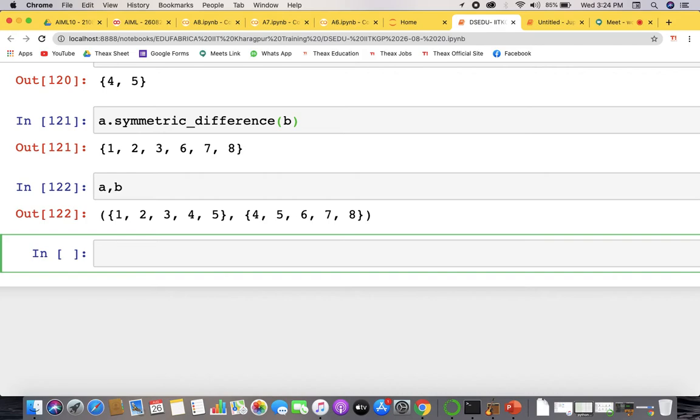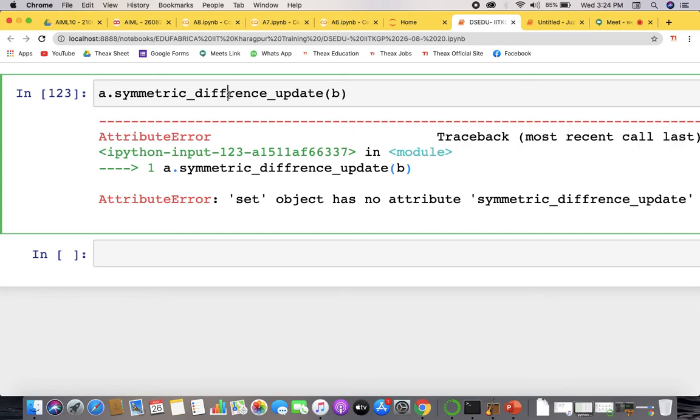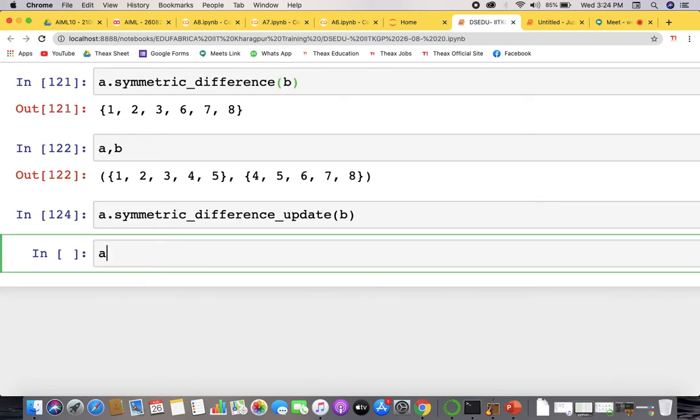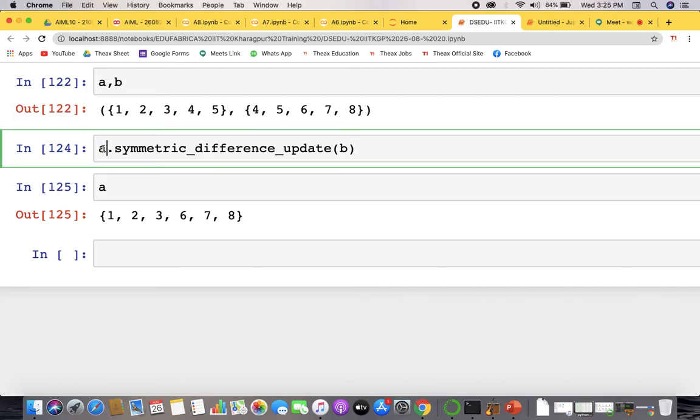But if you use methods like A dot symmetric difference update, now if you see A, it will be 1, 2, 3, 6, 7, 8 instead of 1, 2, 3, 4, 5. Whatever the first set you write there, it gets updated.